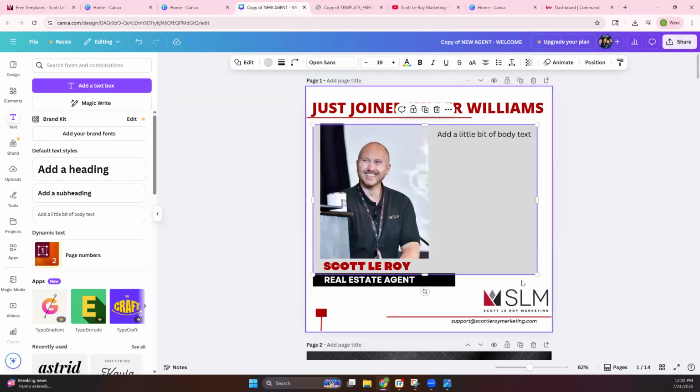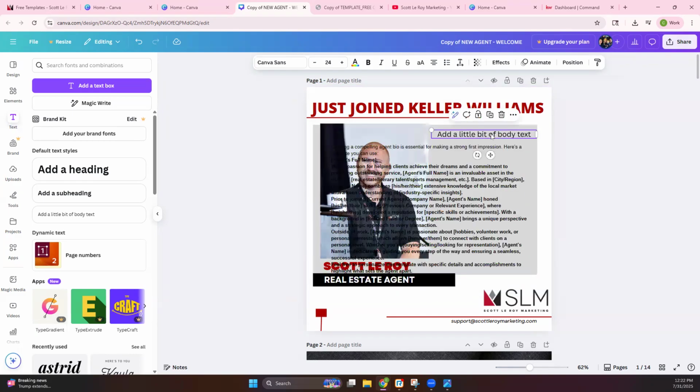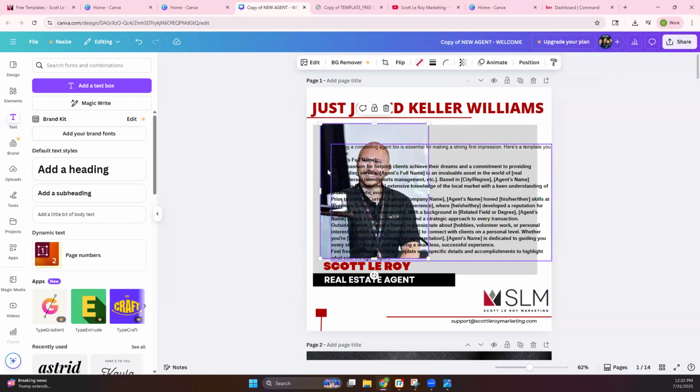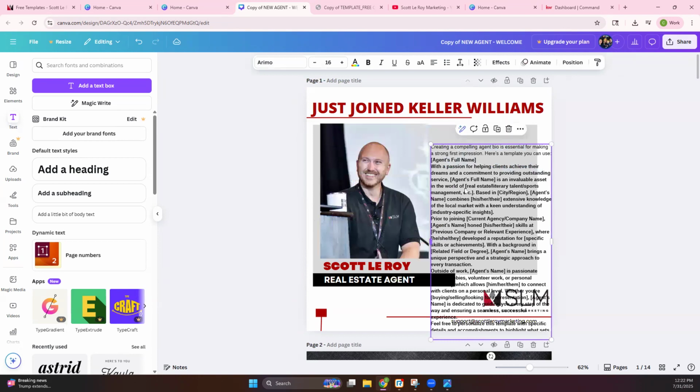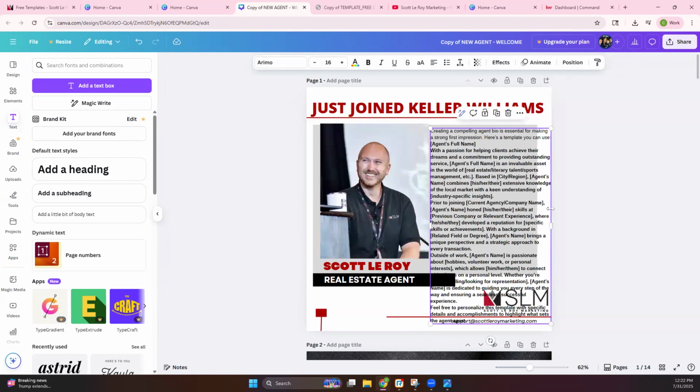If we were to go ahead and insert, it's going to put that directly into our space here. We would, of course, have to cut this down. This is a little too big for the space that we have, but that gives you an idea of how you would use that rewrite tool